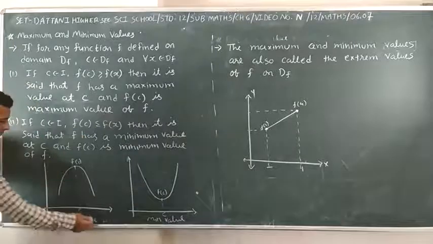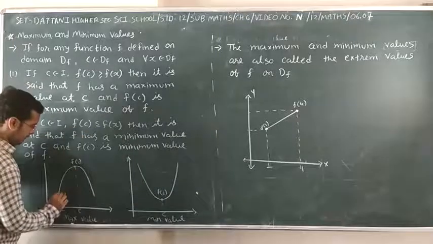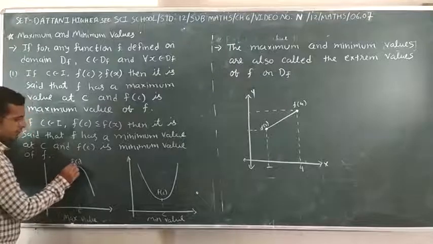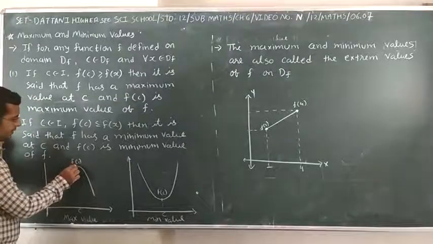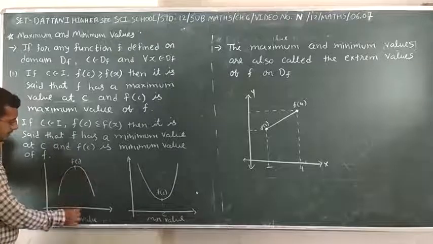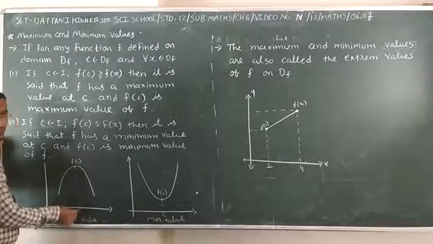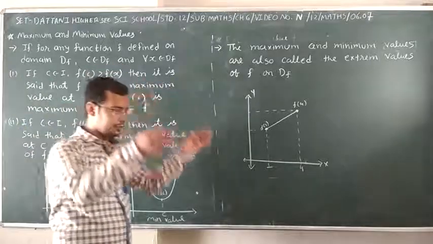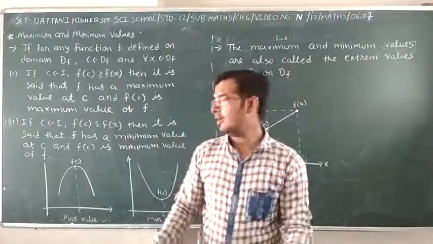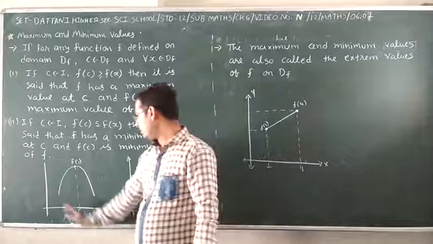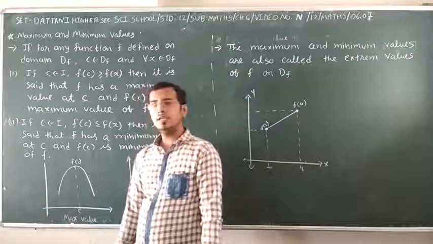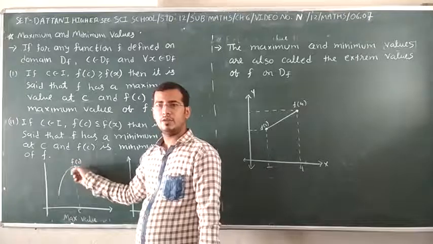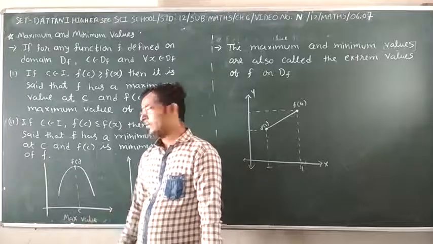In this maximum value graph, the lower value goes up until here, so you get the highest point here. That is f of c, the maximum value. Here you cannot find the minimum because the graph is going down through infinity, so we cannot decide a minimum value. But the highest point is found, so we find the maximum value.